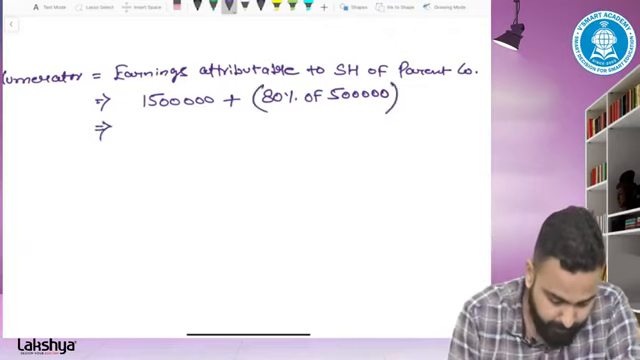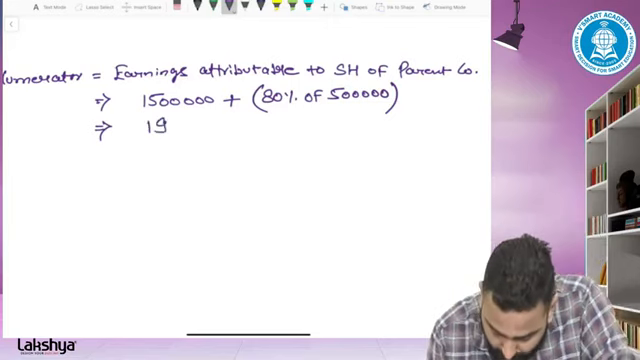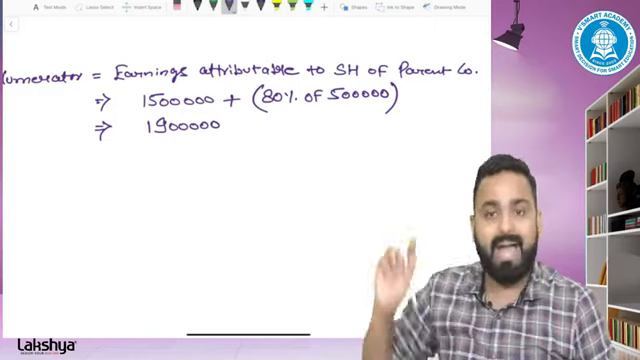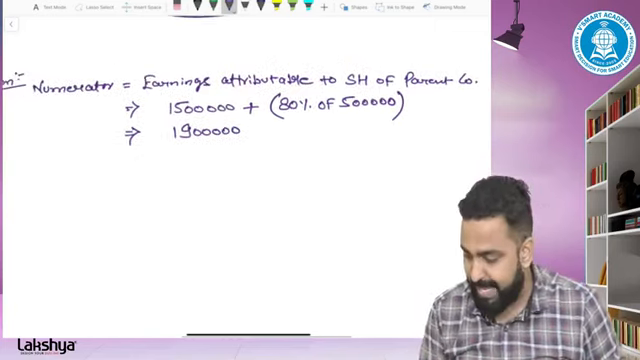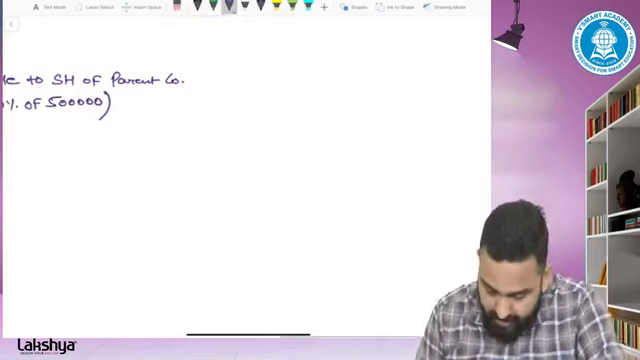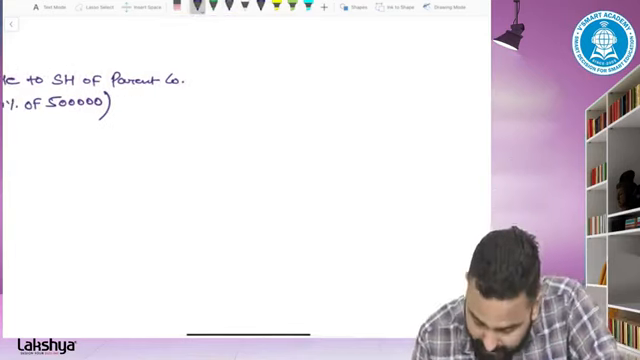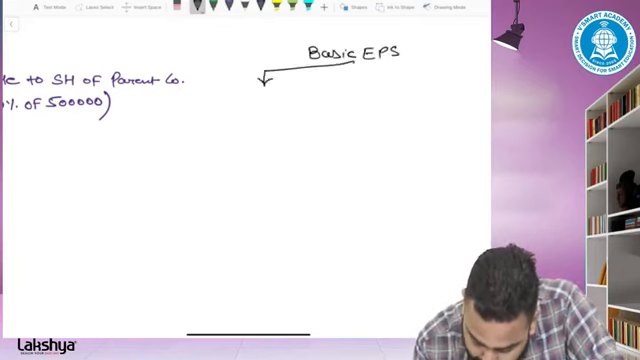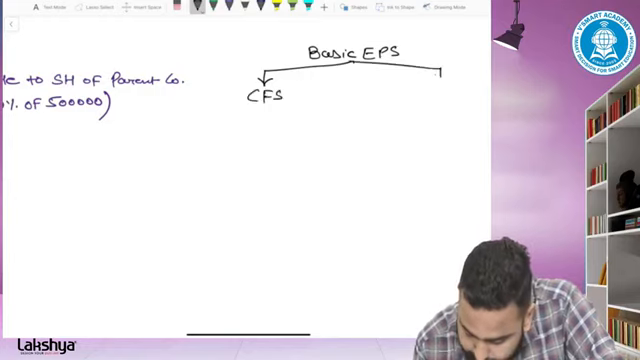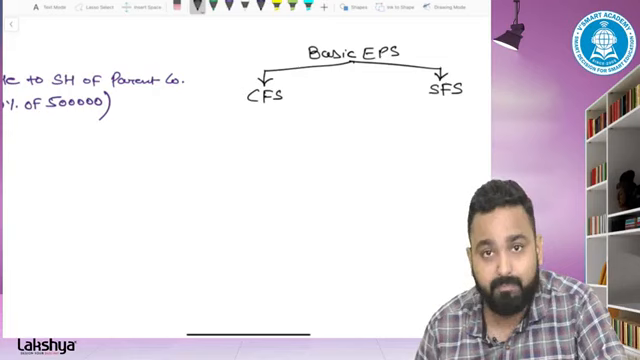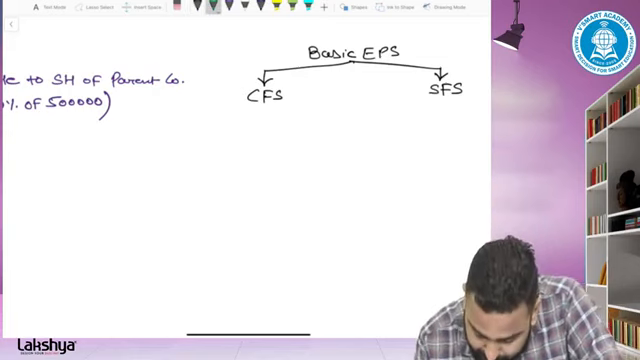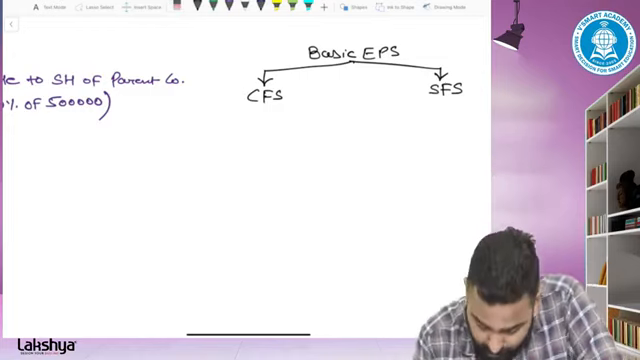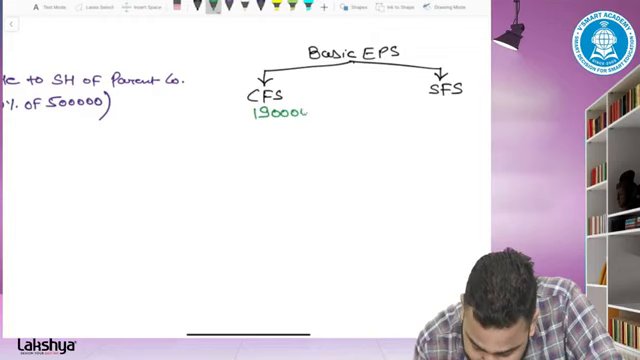So overall 19 lakh is the earning attributable to shareholders of the parent company. This is what we call the numerator. Now, how to calculate basic earning per share? For basic earning per share under CFS, we need consolidated earning. So 19 lakh